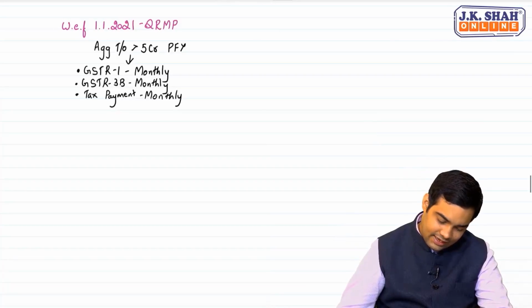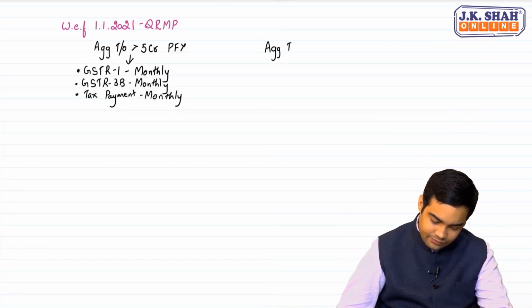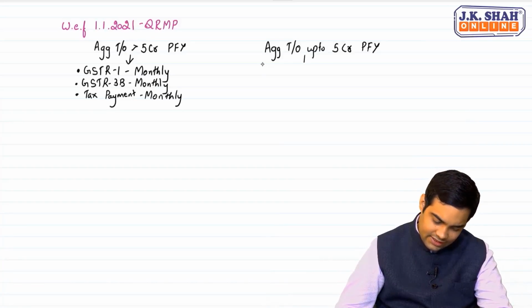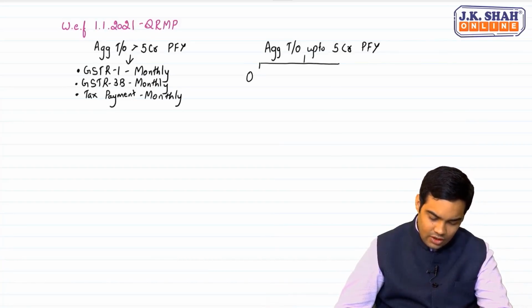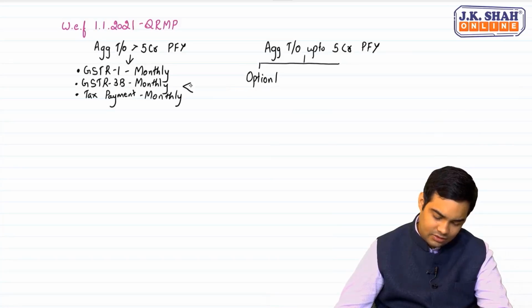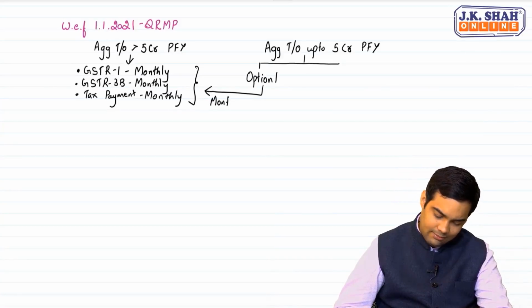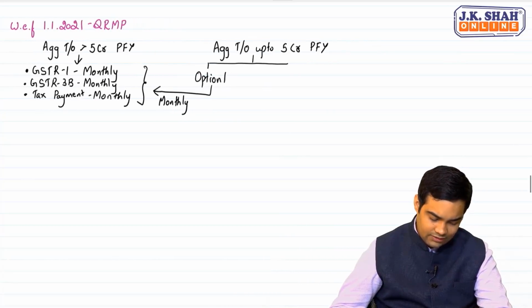If a person has an aggregate turnover of up to rupees 5 crore in the preceding financial year, then we can opt for the quarterly return monthly payment scheme. So a person who has aggregate turnover of up to 5 crore in the preceding financial year technically has two options. Option 1 is he can go for monthly. That means all the returns are monthly. GSTR1 is monthly, GSTR3B is monthly, payment of tax is also monthly. So for option 1 I am just writing monthly. Then the second option which is available is